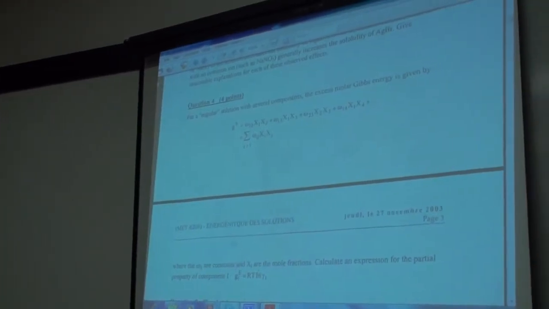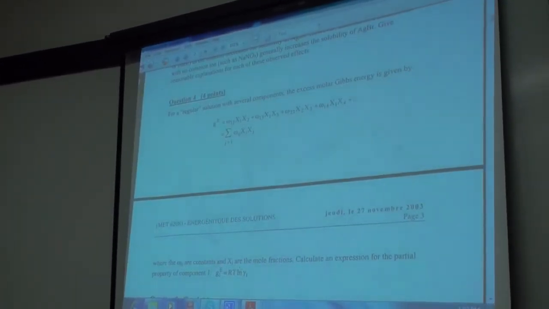Okay, there were some homework problems that had to do with the Kohler Muggianu stuff. First was 2003, Control 2, questions 4 and 5. They're all very similar. Okay, if you have a regular solution with several components, the excess Gibbs energy is given